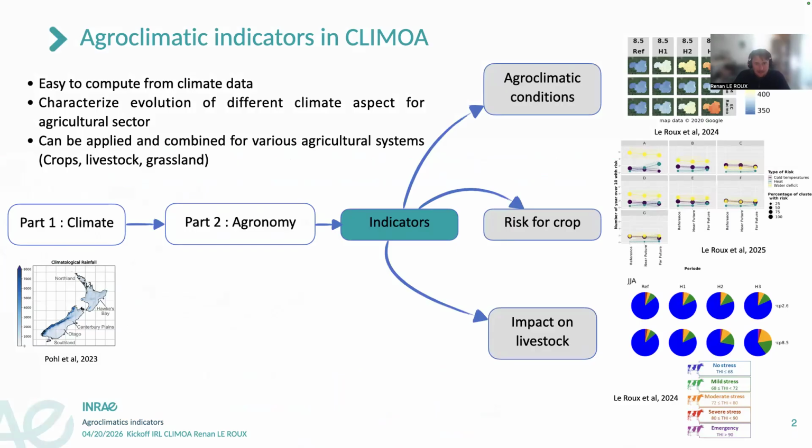So why use agroclimatic indicators in climate change studies? One of the first ideas is that agroclimatic indicators are quite easy to compute from climate data, for example, from climate data produced in part one, especially with fine scale climate data. Using these indicators, we are able to estimate agroclimatic conditions, for example, water balance, with different climate models and different climate scenarios at different temporal scales to estimate how climatic conditions will evolve in the future